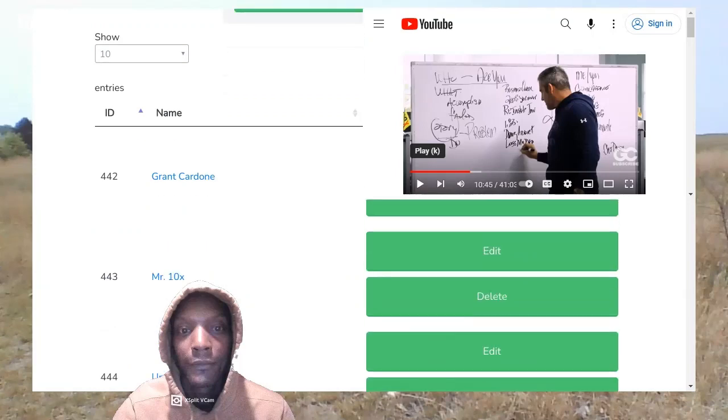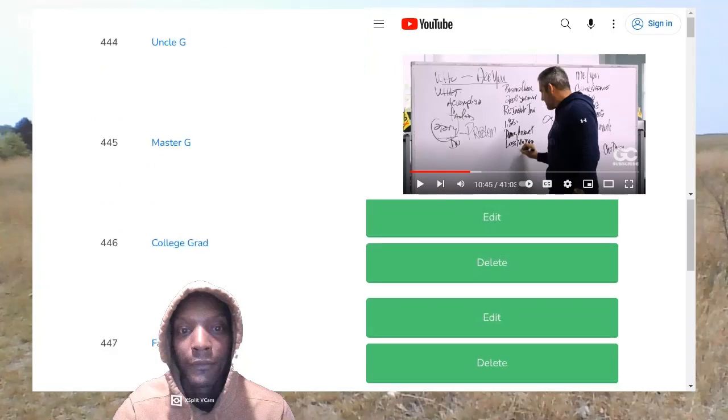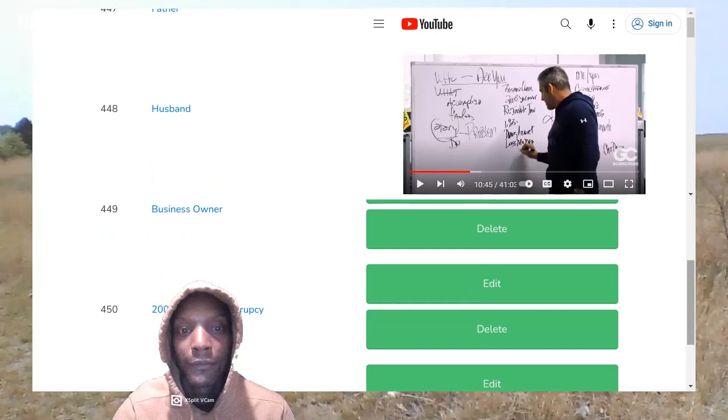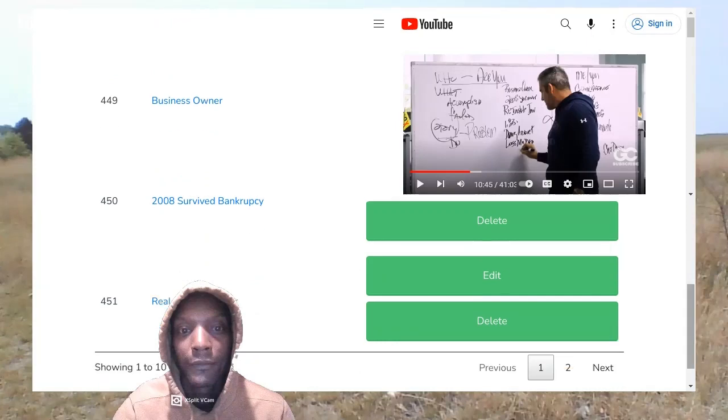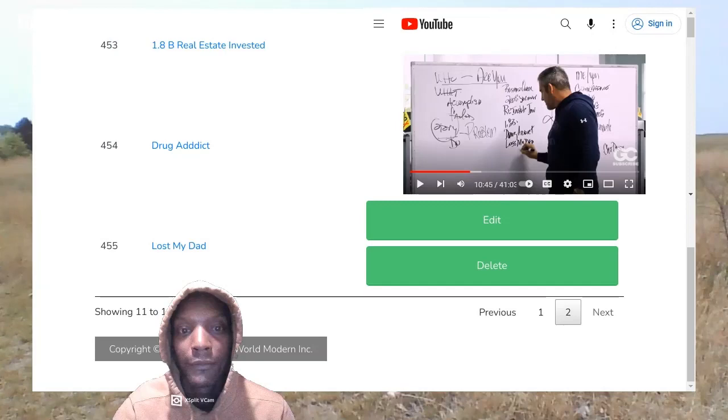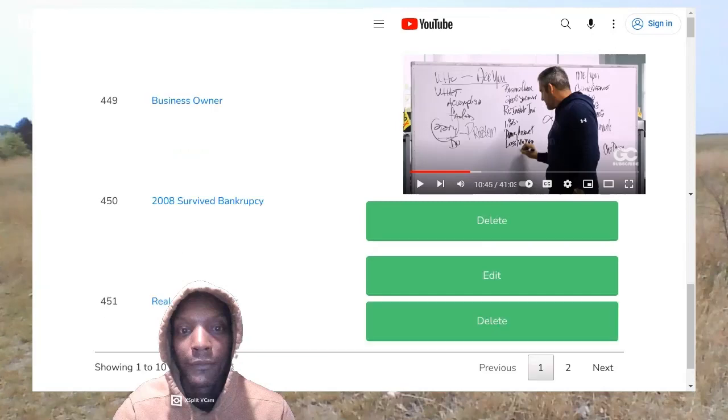You can go page by page too, I think. They got 2 pages. I think it's 10 per page, maybe something like that. Yeah, 10.